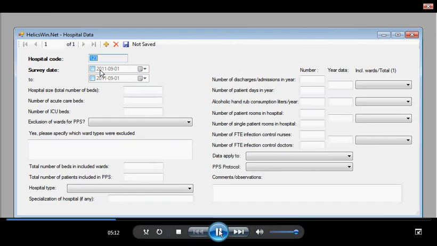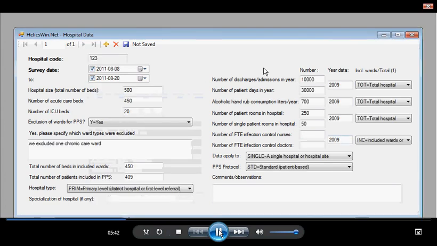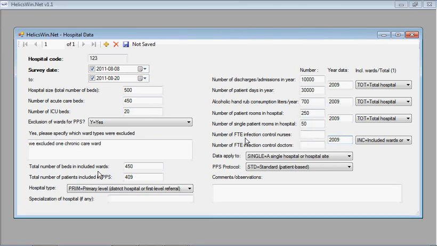You will basically simply copy all of these variables onto this screen. Although we can do this step by step, it will be easier if we simply do it all in one go and show you the result. Here you see a filled-in version. The survey dates, the hospital size. The only fields that we've left blank are the full-time equivalent infection control staff. This is because we again want to